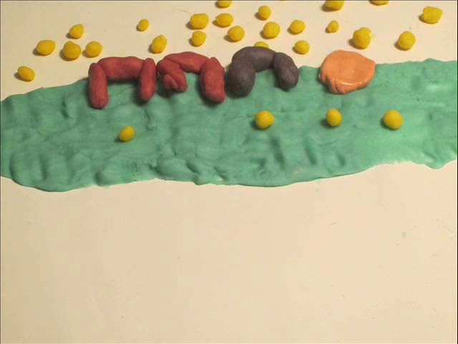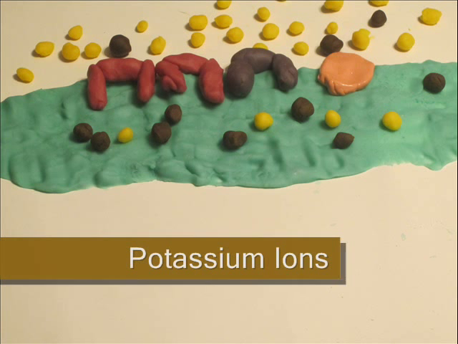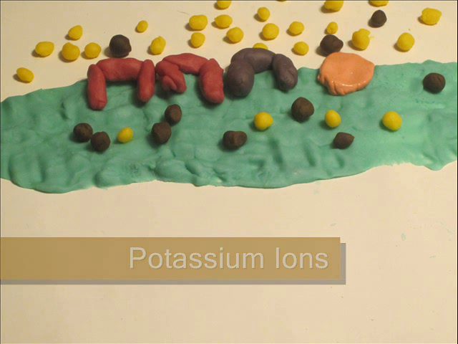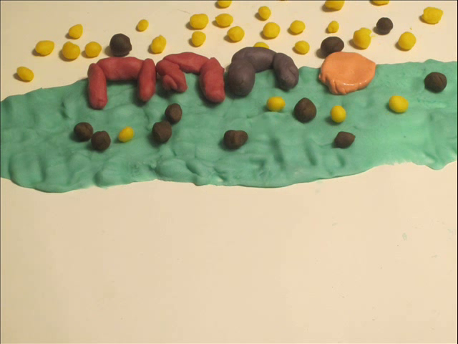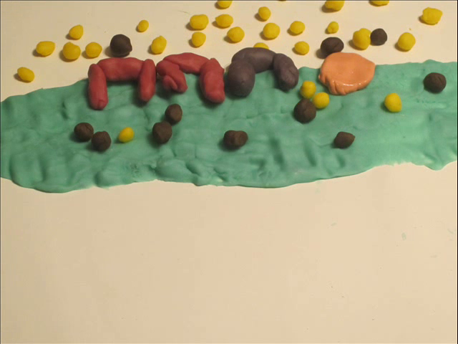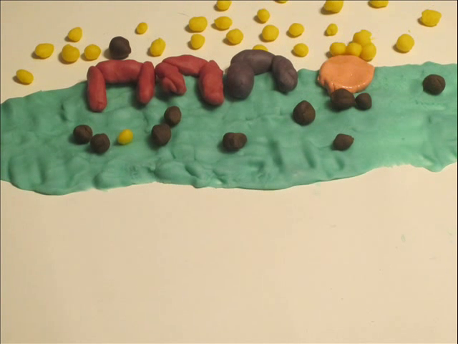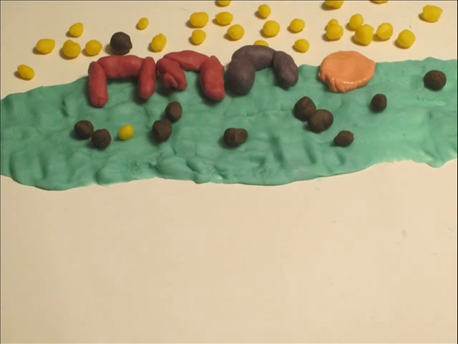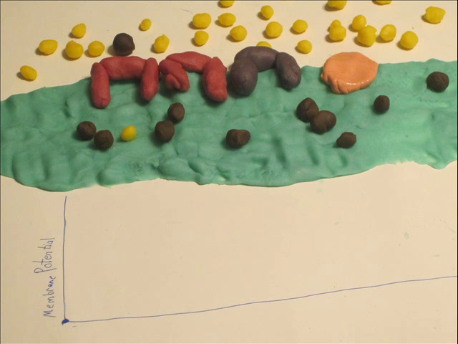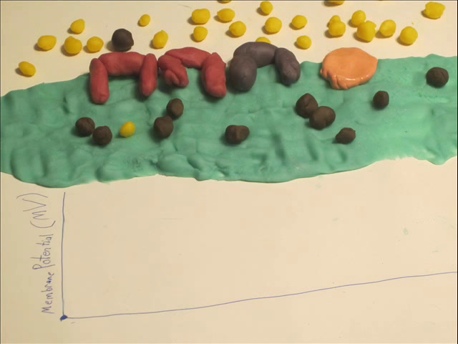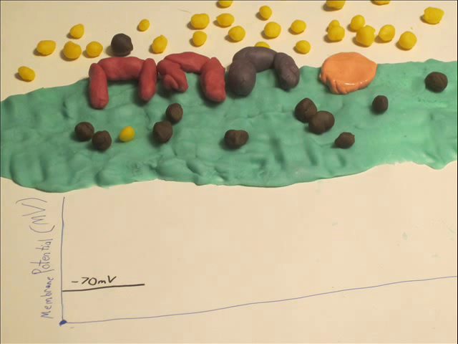They're more outside the cell than in. The brown balls are potassium ions. They're more inside the axoplasm. To maintain this concentration gradient, it requires energy. For 1 ATP, 3 sodium ions are moved out, while 2 potassium ions are moved into the cell. Because there are more positive charges outside the cell than in, this results in a net negative resting potential of